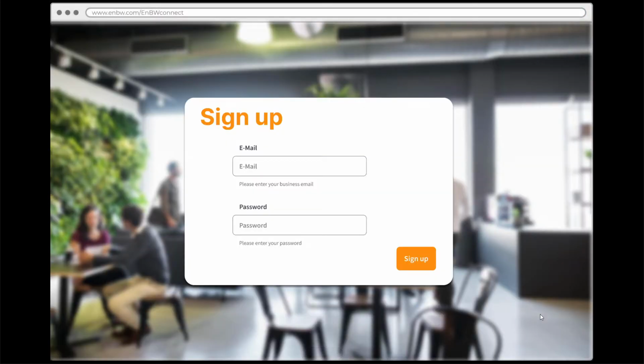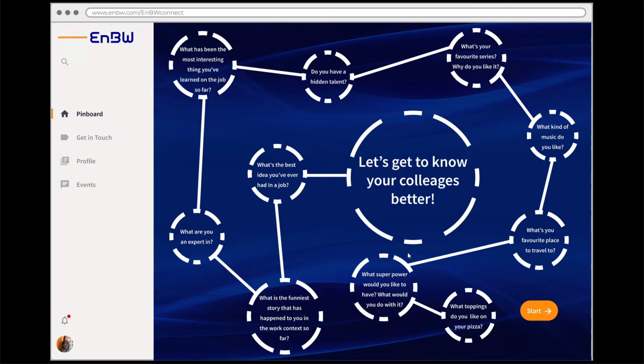So we are in the prototyping software Figma right now, and I'll walk you through how we imagine our tool to work and what the functionality is and how it can help nearshoring employees to better connect to each other. So first of all, we've got a classical sign up field where employees can sign up. They will land on a home screen, and on the bottom right here you can see a big orange